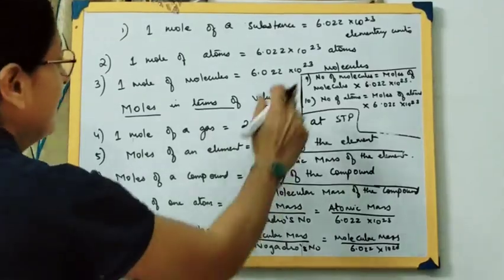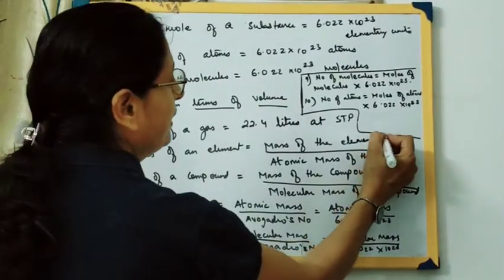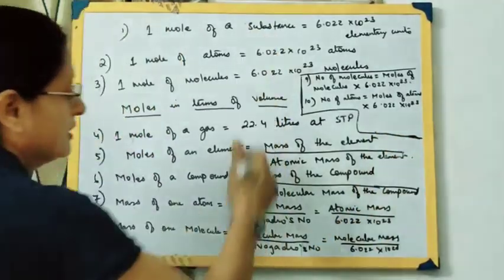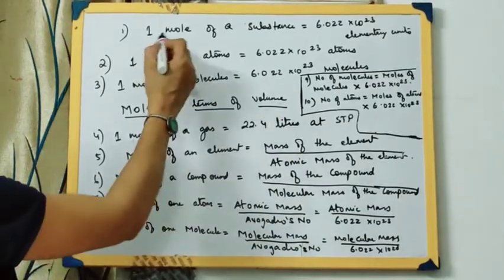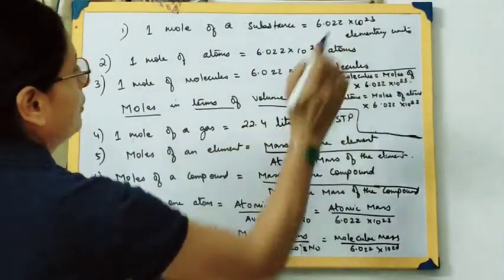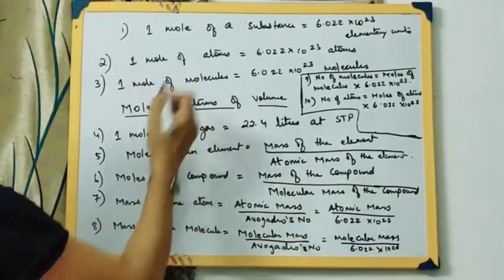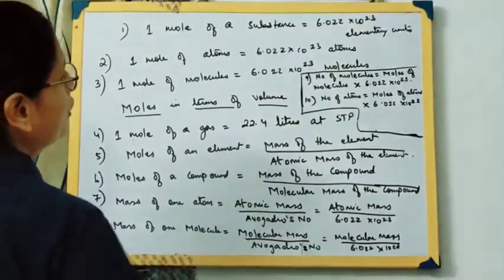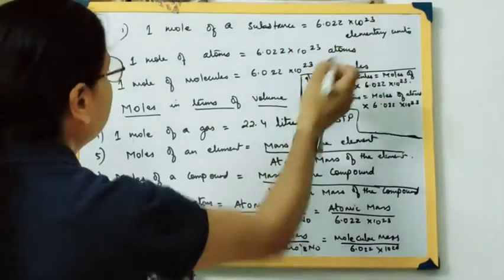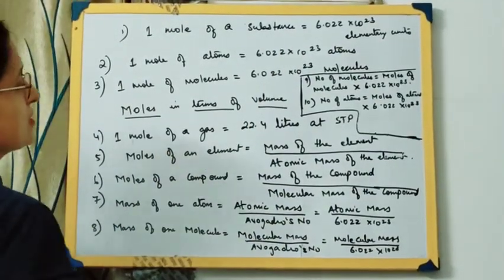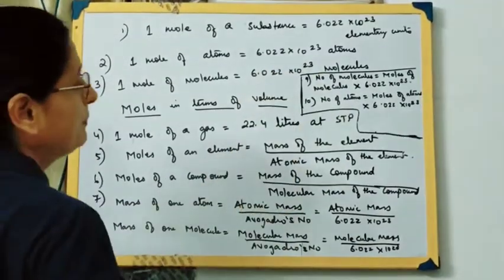Okay, so these are the 10 formulas that you have to remember. You see that you learn them by heart. We'll be using these formulas when we'll be solving various numericals from this chapter. So one mole of a substance has that many elementary units, that is the Avogadro's number of elementary units. 1 mole of atoms, that is Avogadro's number of atoms, that is 6.022 into 10 to the power 23 atoms. 1 mole of molecules is equal to Avogadro's number of molecules, that is 6.022 into 10 to the power 23